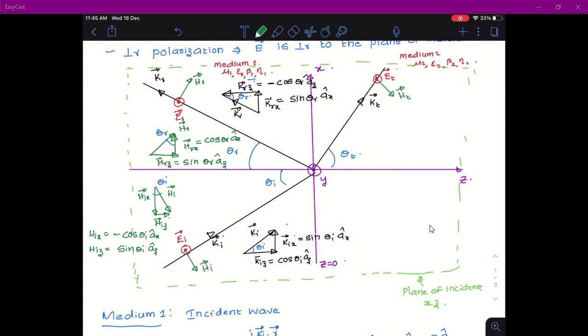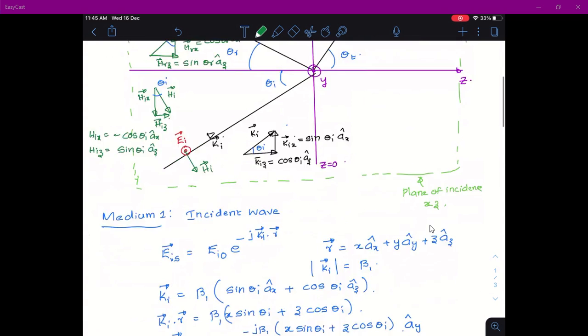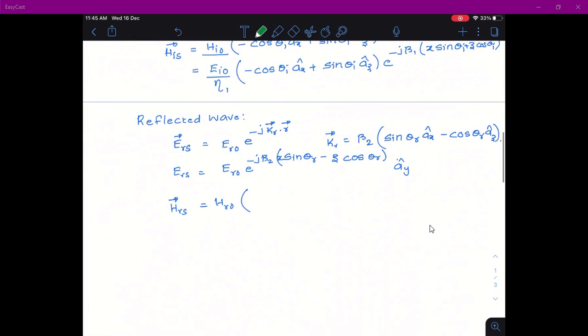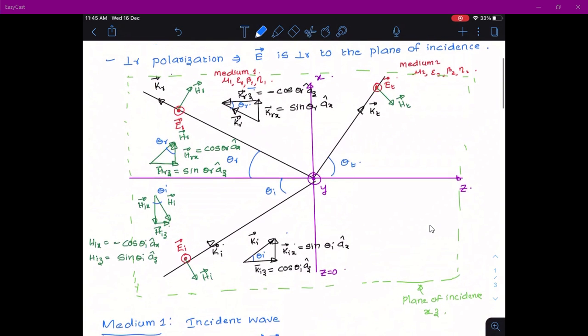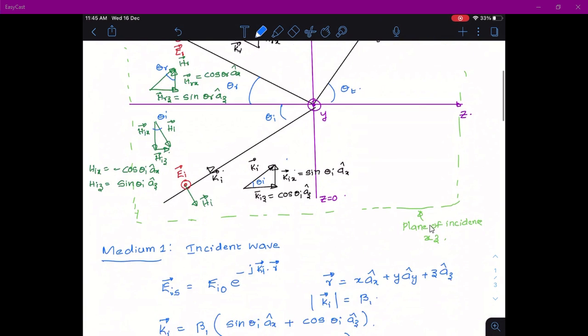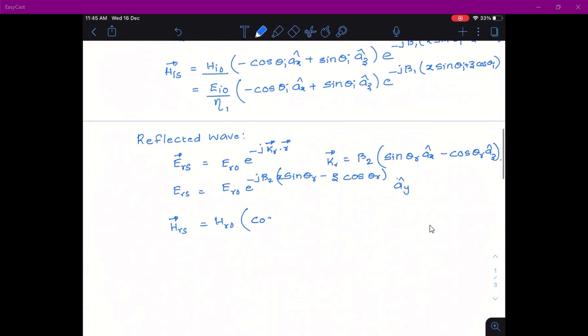Both are positive because both are in the positive x and positive z direction. So, H_is is equal to H_R0 multiplied by the sum of H_Rz and H_Rx. So, that will be cos theta_r a_x cap plus sin theta_r a_z cap into e raised to minus j beta_2 into x sin theta_r minus z cos theta_r,